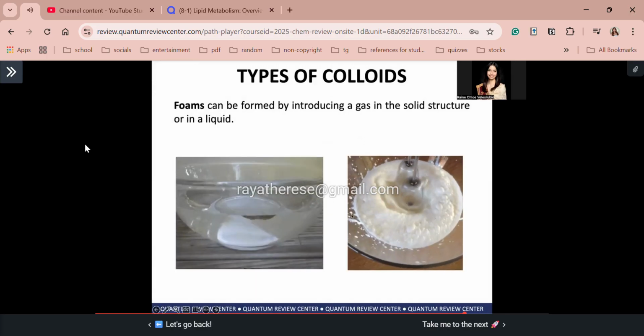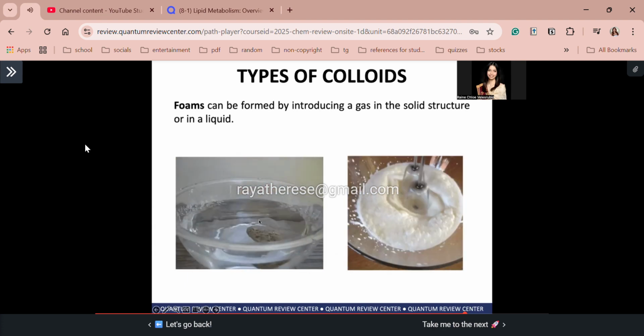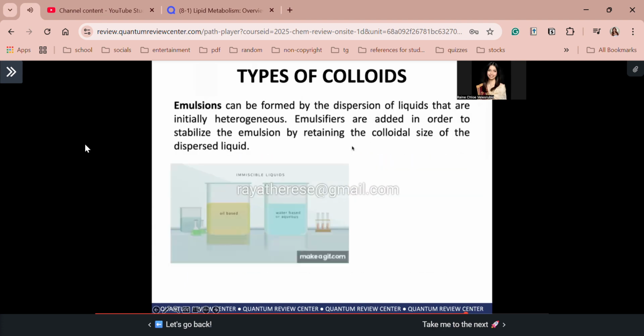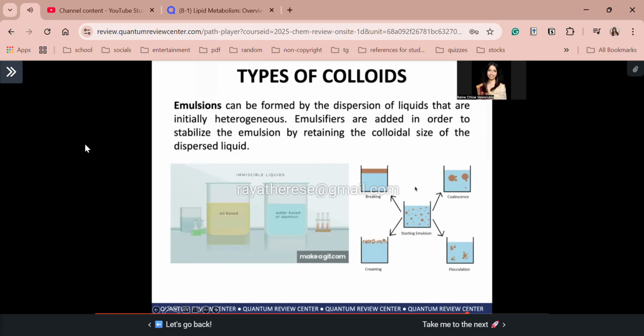So, guys, yung fixin nyo, foam yan. So, mag-introduce ka ng gas sa isang liquid. Ganon. Okay? Very cool, right? Next, emulsions can be formed by the dispersion of liquids that are initially heterogeneous. So, ito guys, mag-mix ka ng, for example, oil and water together. Okay? So, kailangan mo mag-add ng emulsifiers in order to stabilize the emulsion by retaining the colloidal size of the